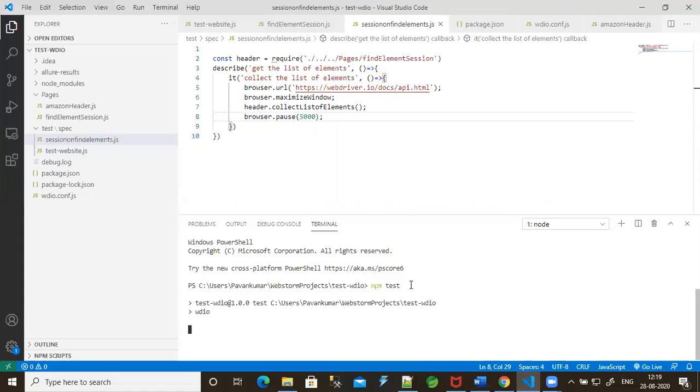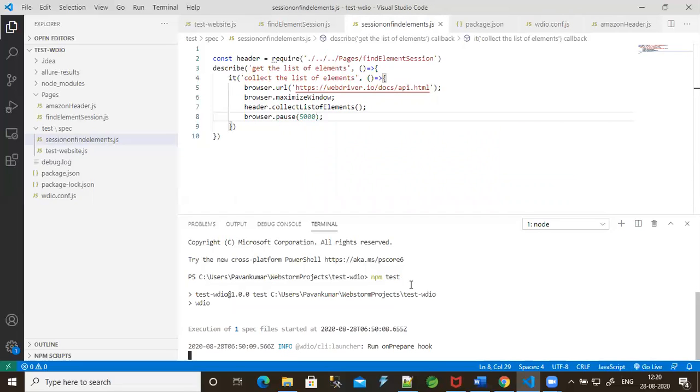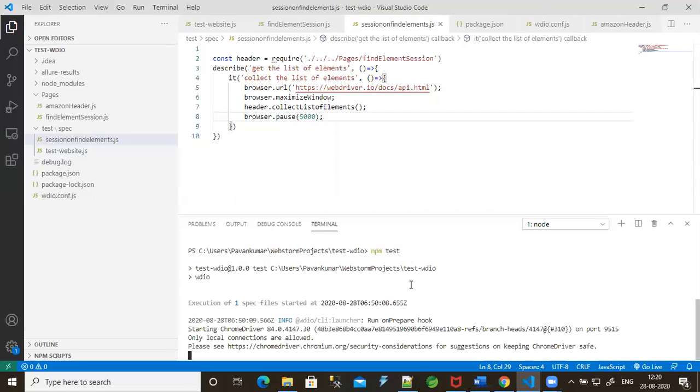Now the execution has started. It's waiting for the spec file to be run. Execution of one spec file has started.